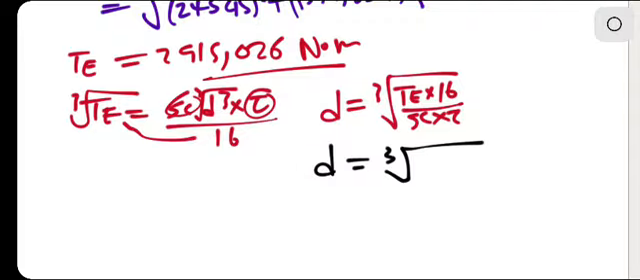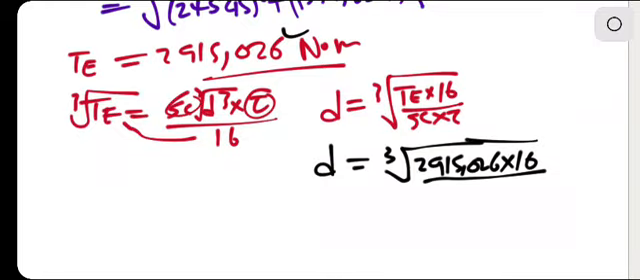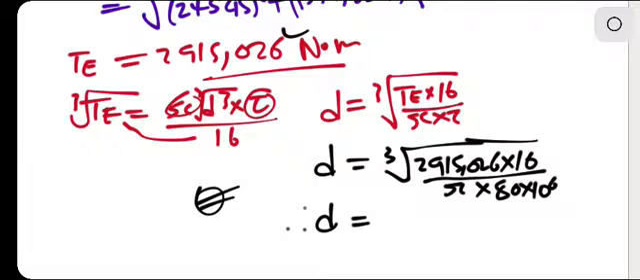TE is there, we have 2915.026 times 16, like that, divide by pi. Shear stress there, if I still remember, they said must be more than 8 megapascal, times 10 to the power 6. Should have been given this. Then our diameter, remember this is a solid shaft, it's not a hollow shaft. So diameter, guys, will be